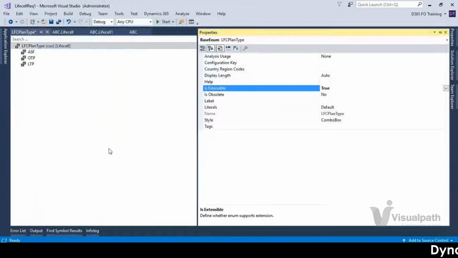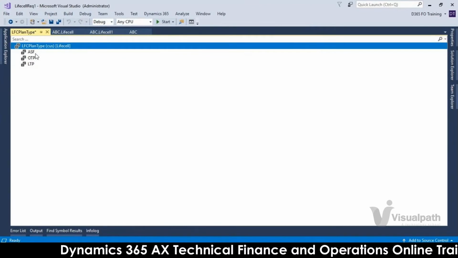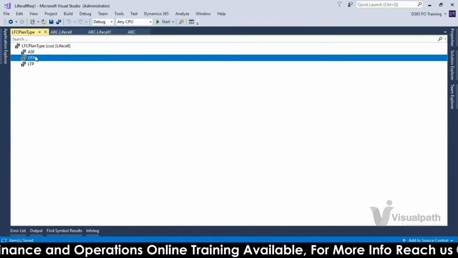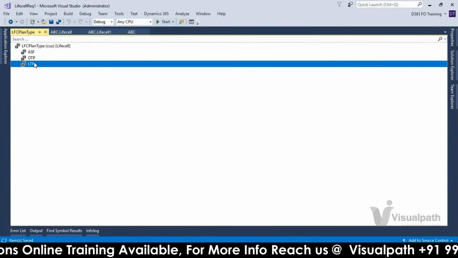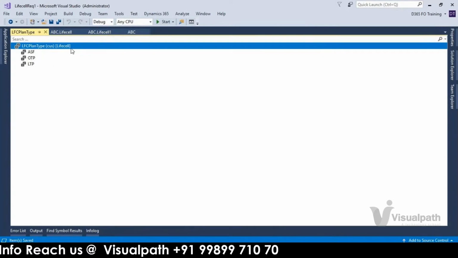That is the difference between AX 2012 and this one. And you can create the new enumeration. Do you have any other values here apart from this? No. Yes, convertible OTP, CONV OTP.